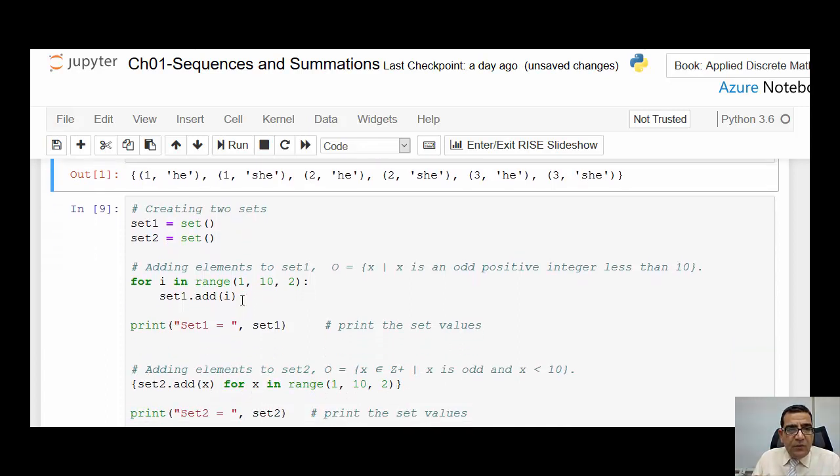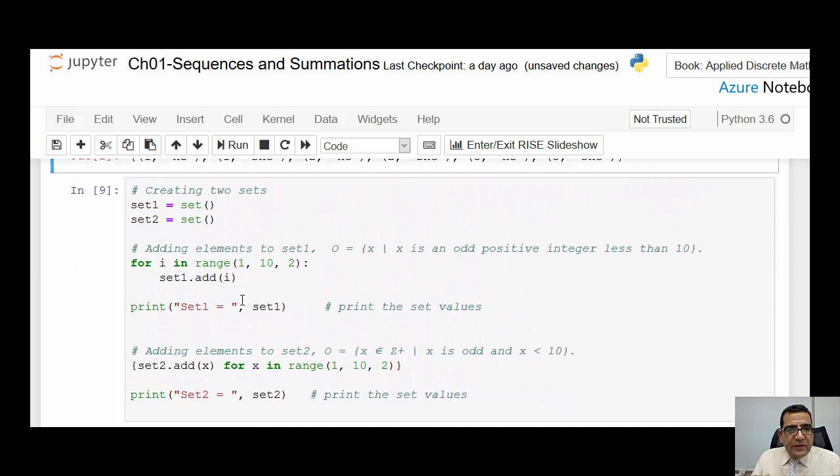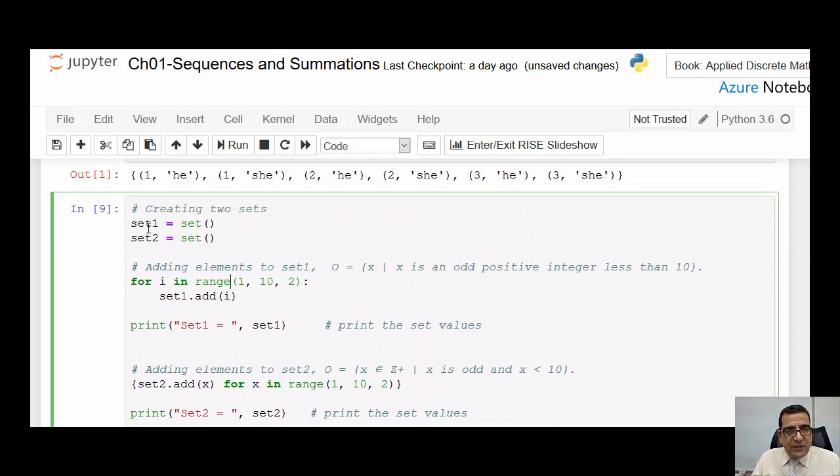Now, if you would like to create an empty set, as we see here, set 1 and set 2, and initialize it as an empty set, and then we can fill in or add the elements to each set. Here, for i in the range 1 up to 10, incremental by 2, so it will be 1, 3, 5, 7, and so on up to 9. Then we have to use the add method here to assign or add each i value to this set